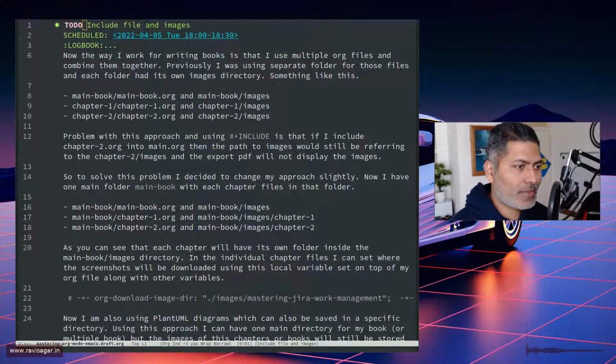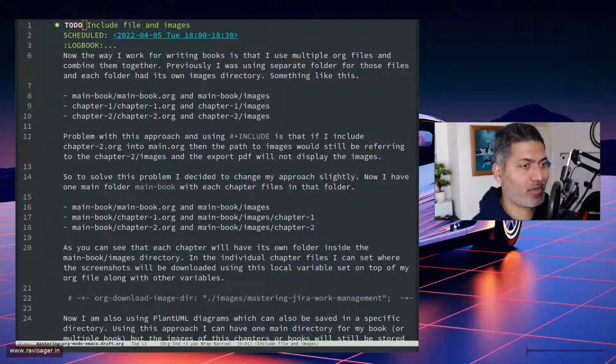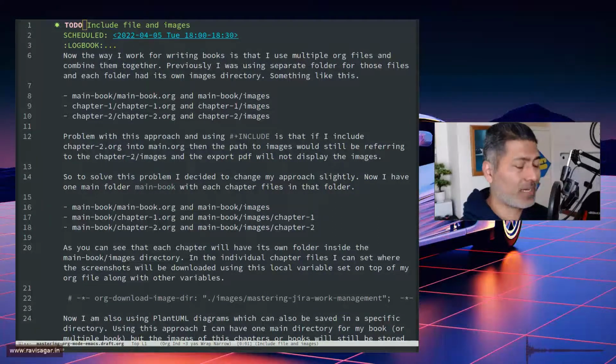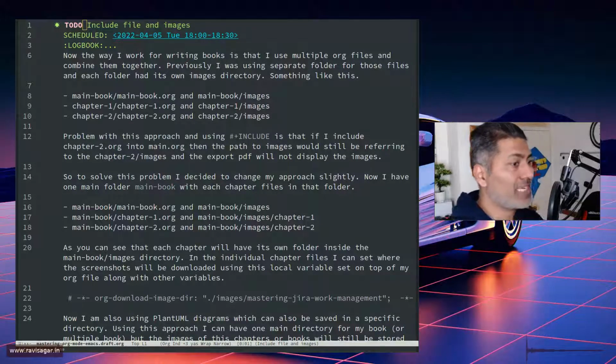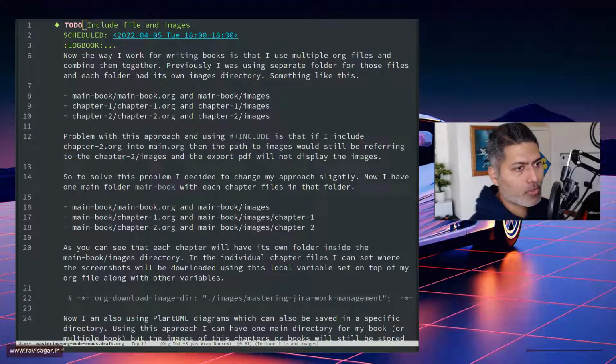Now, recently I have been talking about Emacs, org mode, LaTeX, and writing a book using nothing but org mode, using, of course, LaTeX. But I was facing some problems with the images. Now, what I was doing,